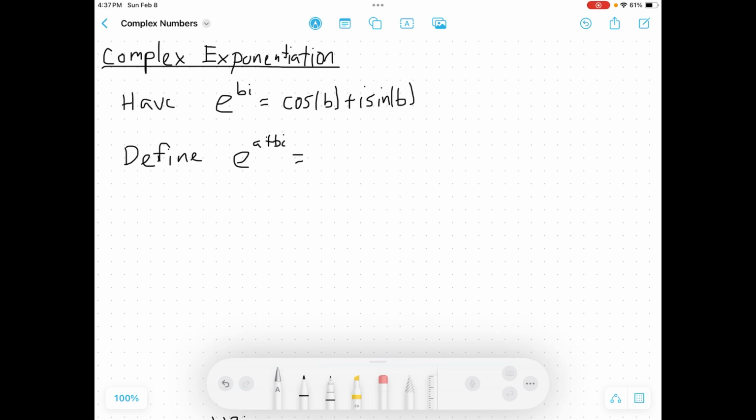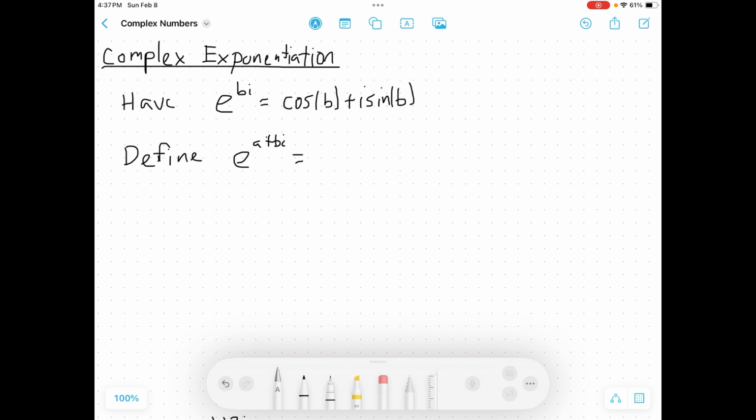Hello all. This video provides a quick crash course in exponentiation for complex numbers. So, in the previous video we discussed that it made sense that e to the b times i, something of that form, should look like cosine b plus i sine b. If we now want to move on and figure out what e to the a plus bi should look like,